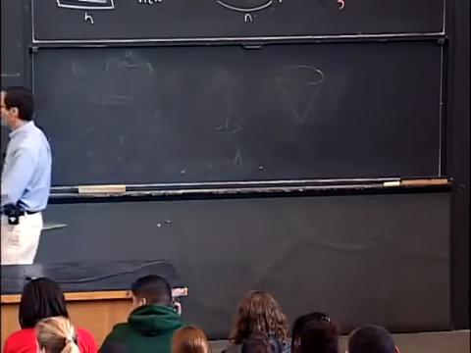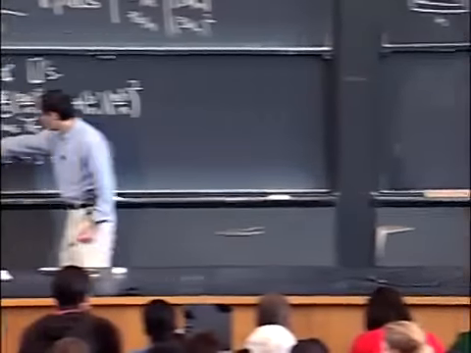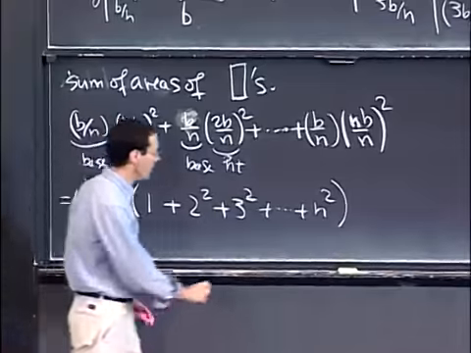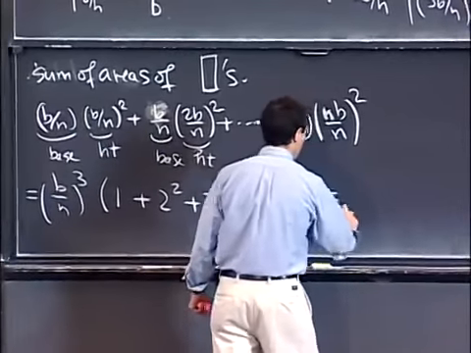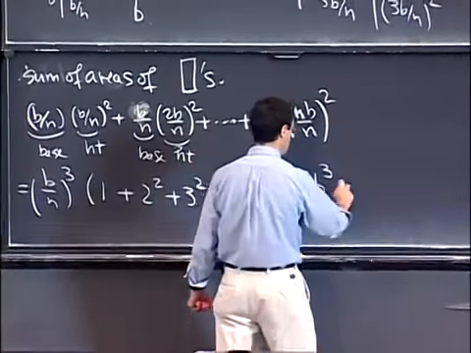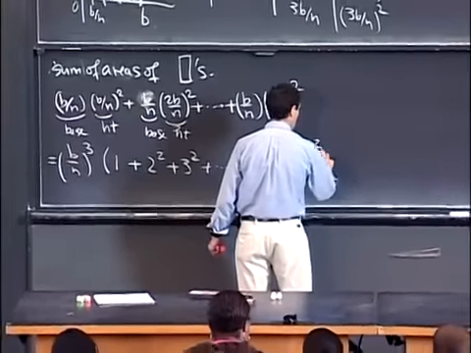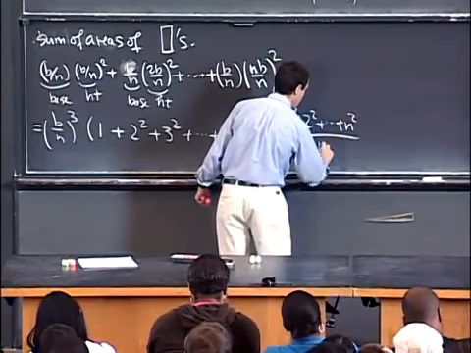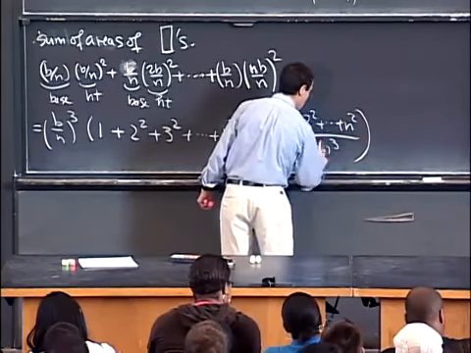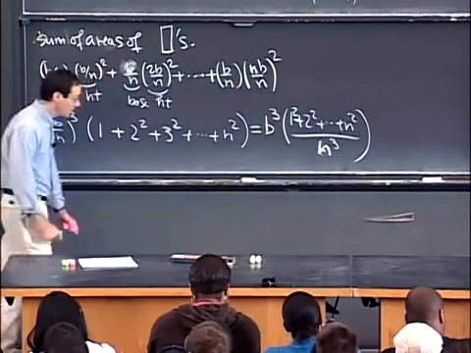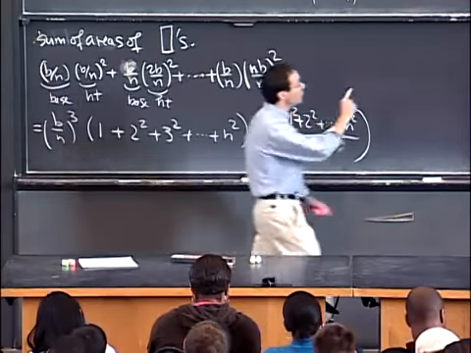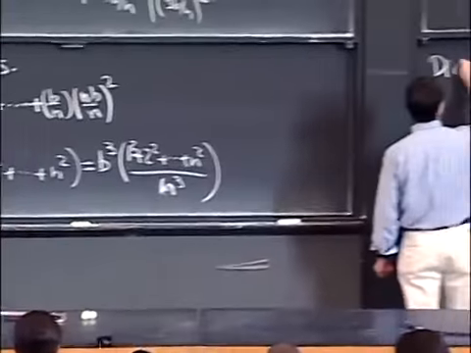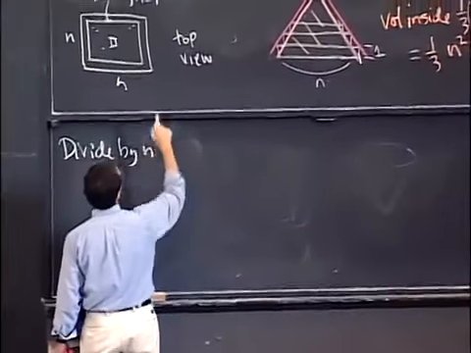If you look at what our goal is, we want to have an expression like this. This was the massive expression that we had, and actually, I'm going to write it differently. I'll write it as b cubed times (1 squared plus 2 squared plus ... plus n squared) divided by n cubed. I'm going to combine all the n's together. All right? So the right thing to do is to divide what I had up there by n cubed in this